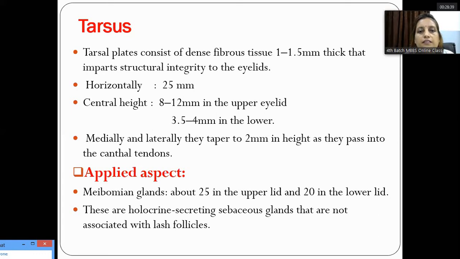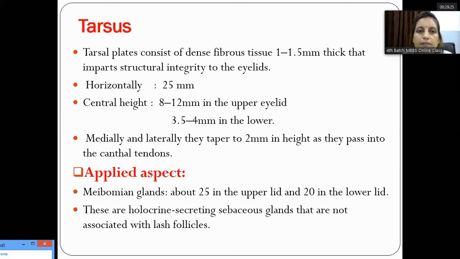So regarding the defect of this thickness of dense fibrous tissue in the upper and lower eyelid, in the upper eyelid you cannot see entropion, the senile entropion. When we discuss entropion, that is an inward rolling of the lid margin, which is not so common in the upper eyelid, whereas the senile or spastic type of entropion is very common in the lower eyelid, because of the thin fibrous tissue present in the lower eyelid tarsal plate.